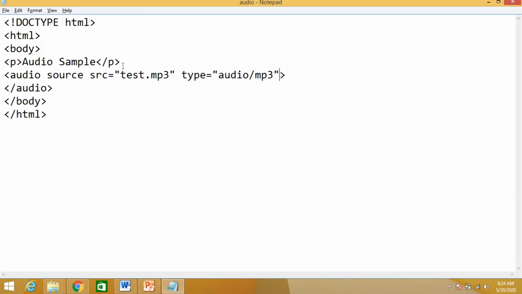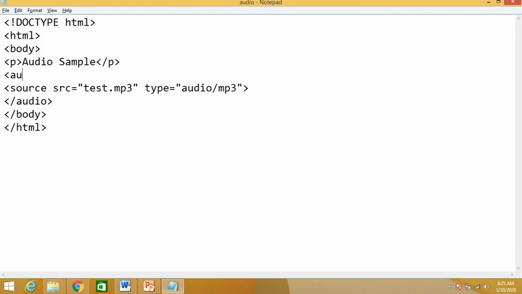This loop you have seen, you can write like this also, audio, controls autoplay. In the next example we'll see, but let's have the display.